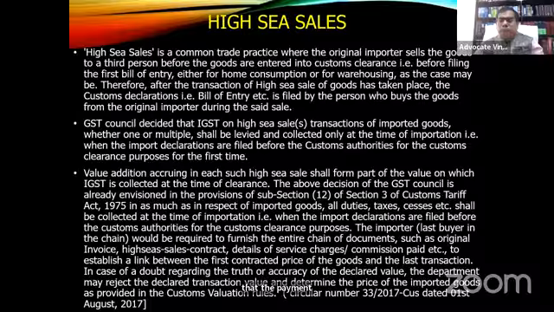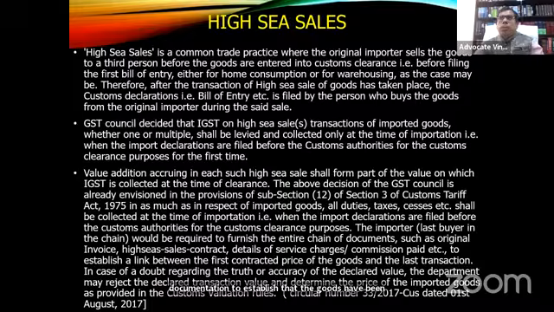It is enough if we are able to establish that the goods have crossed the customs frontier of India and the goods have been taken to a place outside India. If that is established, then you should be eligible to claim the benefit of the zero rating as per the IGST Act. But you must maintain proper documentation to establish that the goods have been exported and taken outside India.